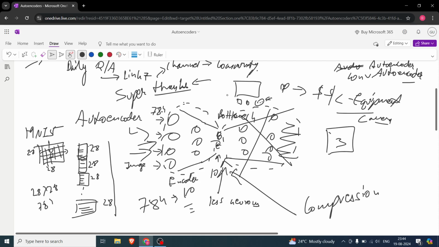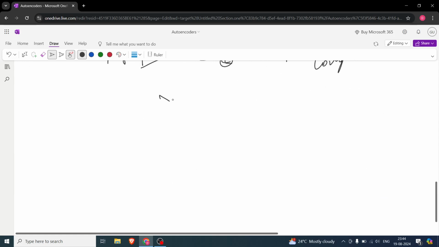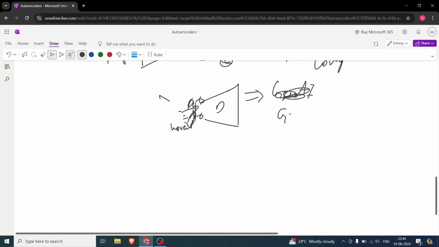Why? Because now let's say you had this autoencoder. So the encoder part is used for compression, right? But what if we are using the decoder and passing it values that haven't been seen? We haven't seen these values on the latent, whatever two neurons are there. Can't we say this is also used for generating, Gen AI generating? Yes, we can say that. Now, the debate is not whether it is good or bad. Obviously, it is bad, and I'll tell you why. That's why you need a variational autoencoder.